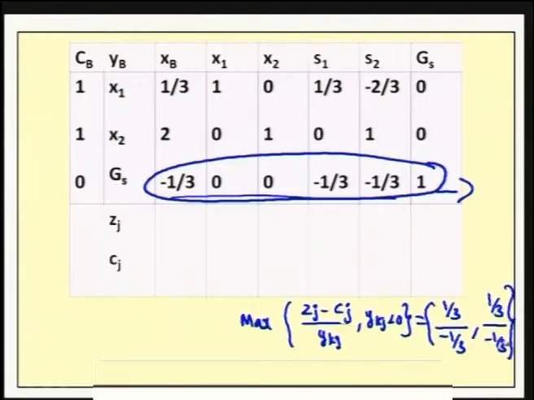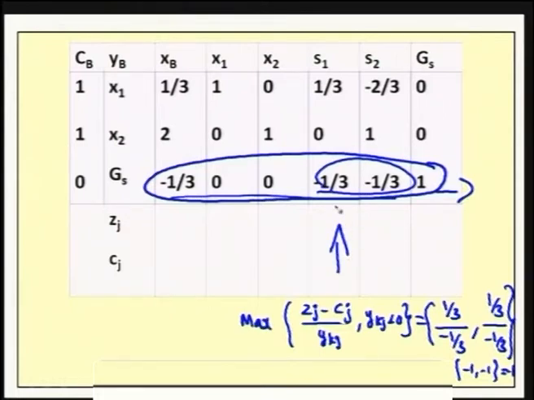So, in order to fix the entering variable for this table, we have to compute the maximum of Zj minus Cj by Ykj, where Ykj is less than 0. In this row, for S1 and S2, if we compute this ratio, we get minus 1 and minus 1. So, the maximum is minus 1. Here the maximum value occurs in both cases, for S1 and S2. Therefore, we can arbitrarily choose the entering variable. I will choose x1 as my entering variable.